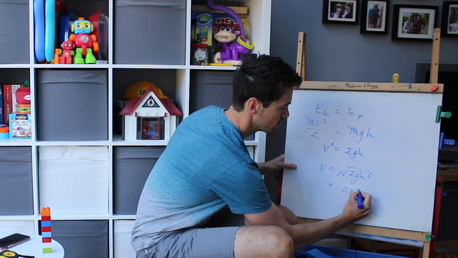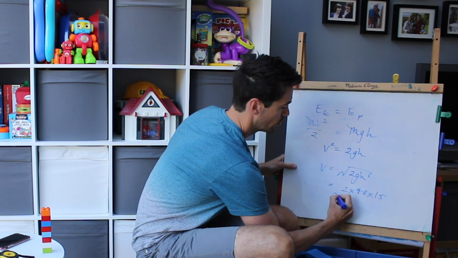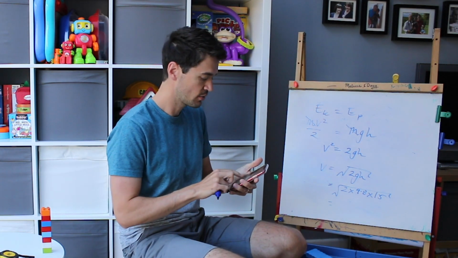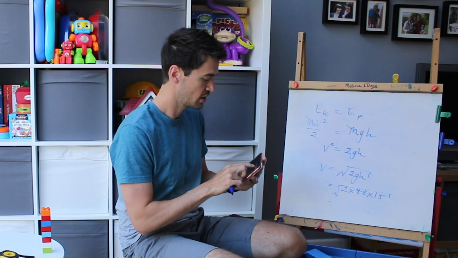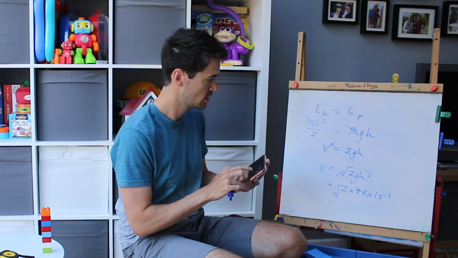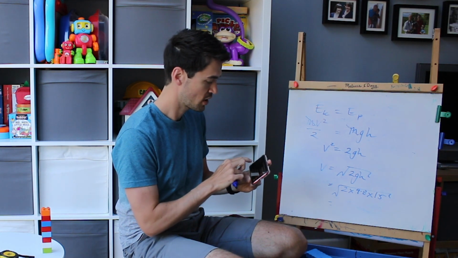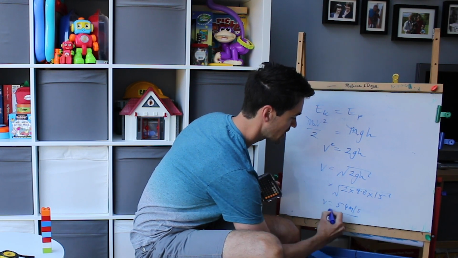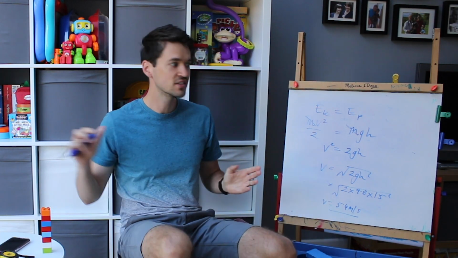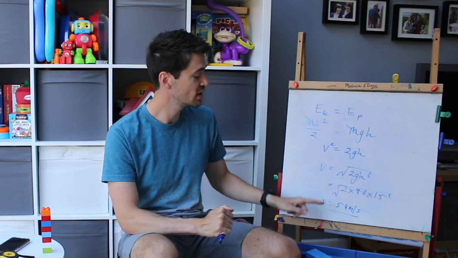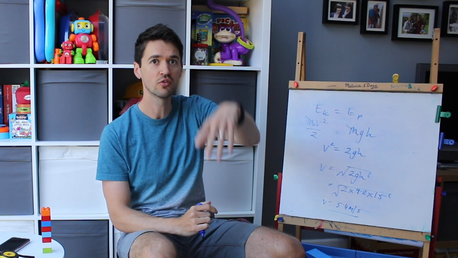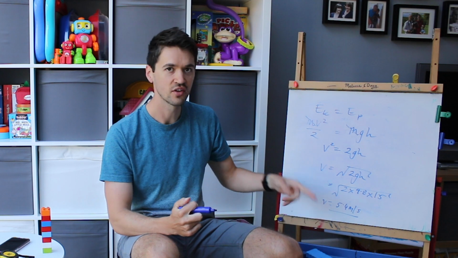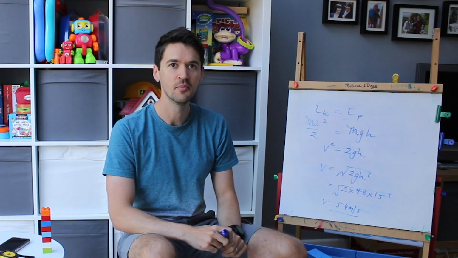Just have to go 2 times 9.8 times 1.5 and square root it. Let's just see how fast it would actually hit the ground at. We've got 9.8 times 2 times 1.5 square root, and it'll hit the ground at 5.4 meters per second. And that's the magic of physics. You can do all these real world problems so easily. You can do stuff like a pea shooting off the Eiffel Tower, that's a question in the workbook, and you can do all this so simply and work out the speed anything hits the ground at,